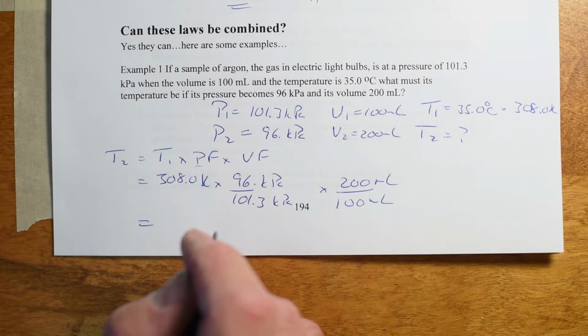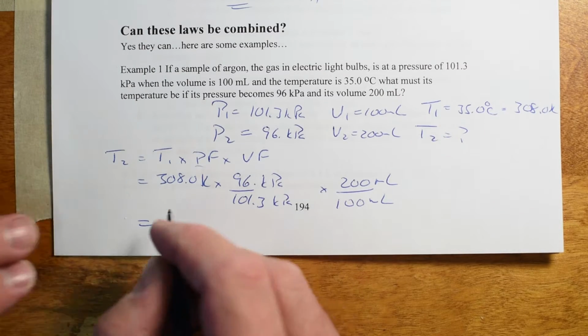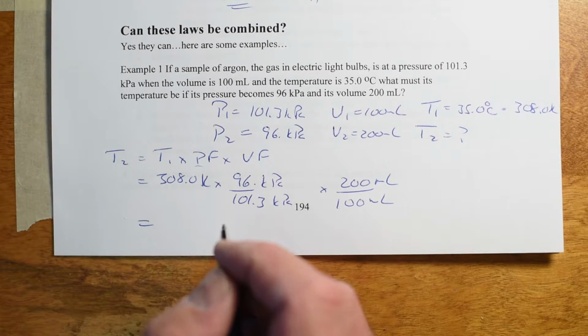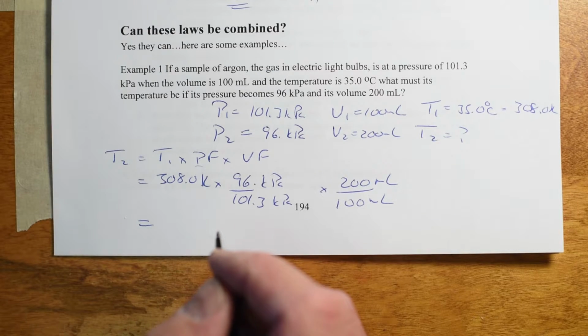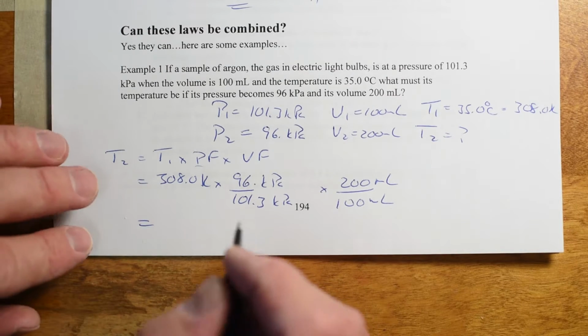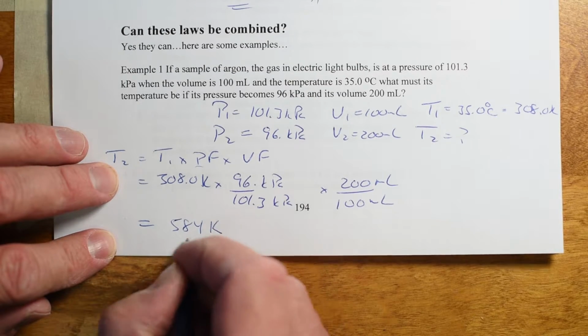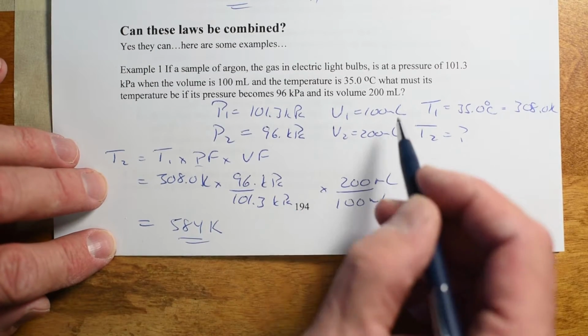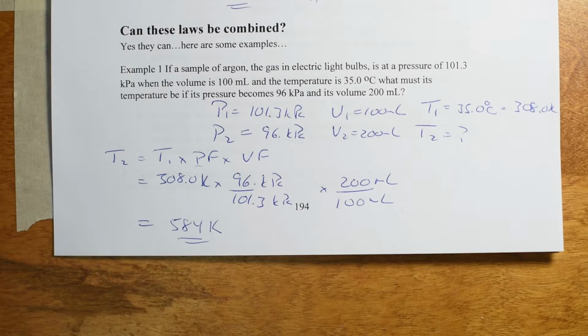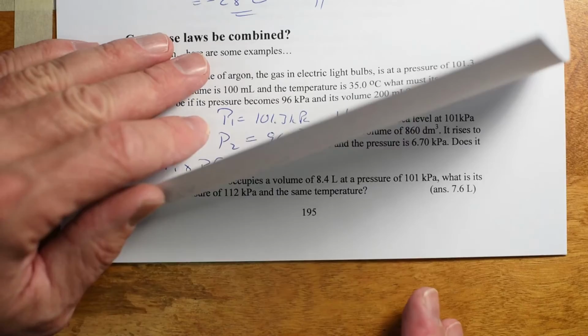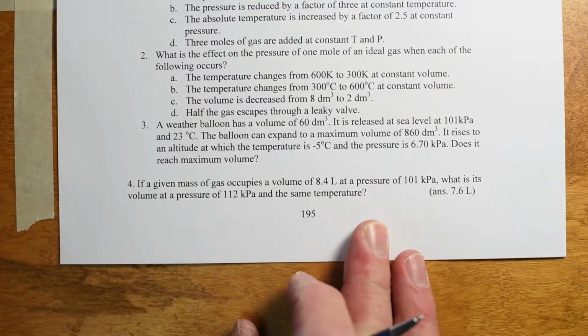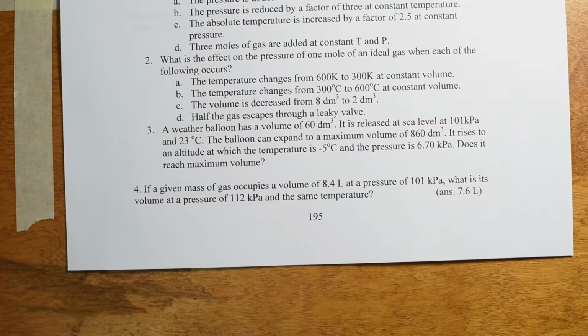So if we look at that, then I think we get, let's see, I worked it out, and I got 584 degrees K, which you would anticipate because there's a huge change in volume there. So you would expect a very big number. Okay. On the next page, page 195, you have one more question,